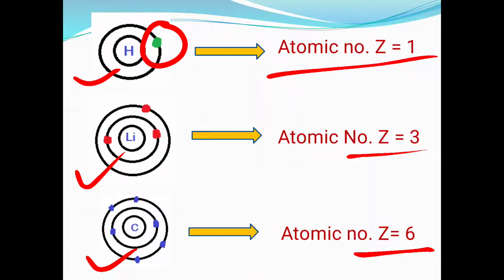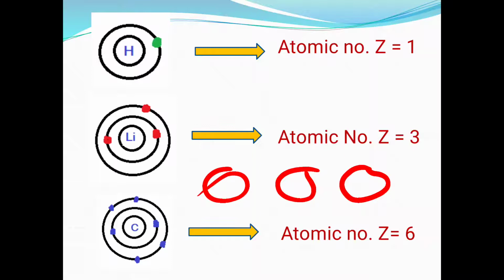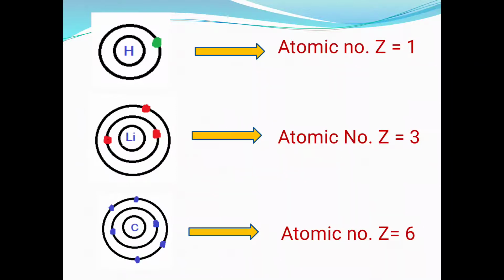Okay, that's why by using these unique atomic numbers we can place them in table form in the modern periodic table. Usually we arrange them according to the increasing order of atomic number. That means the element having atomic number 1 comes first, the element having atomic number 2 comes after that, atomic number 3 comes after that, like increasing order of their atomic number. Okay, in this way we arrange the elements according to the increasing atomic number in the periodic table.